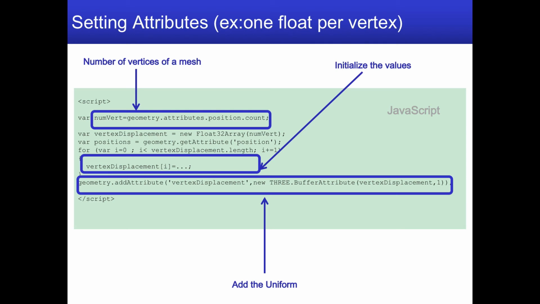I create a Float32Array. This is a float format that can be digested by the GPU, right? Then you set up, for example, the displacement, and you say add attribute vertex displacement equals this one, right? Here is specified the number of floats for each attribute. It can be 1 if it's a float, can be 3 if it's a vector3, depending on how you encode it. Anyway,